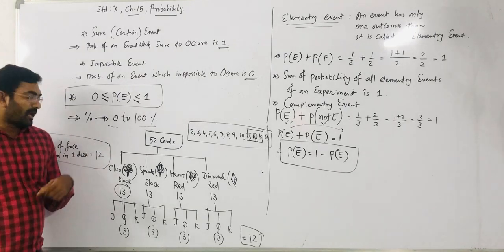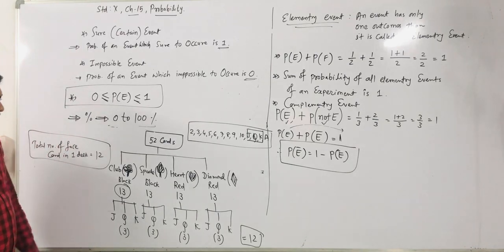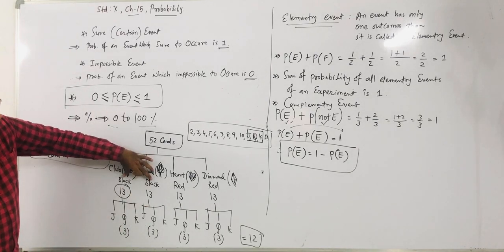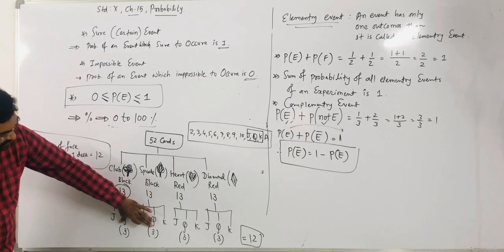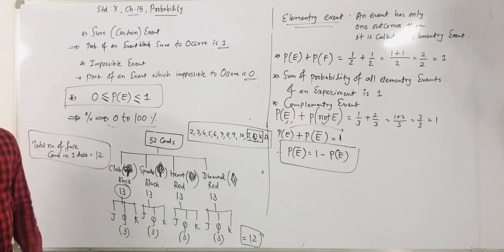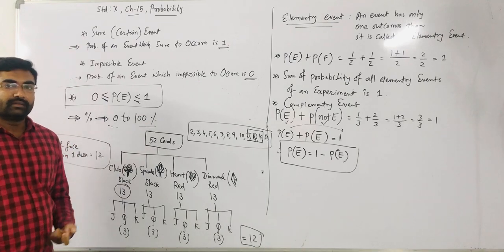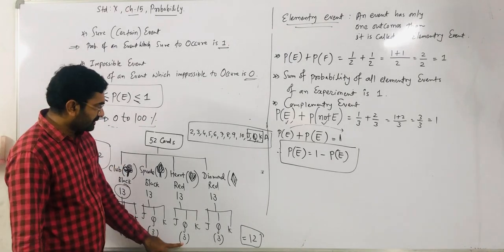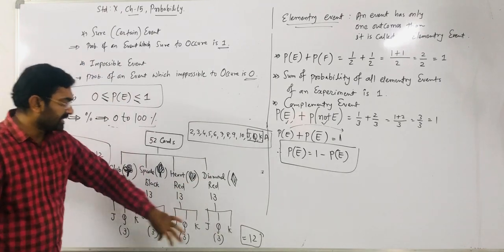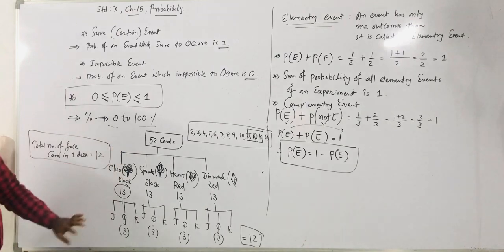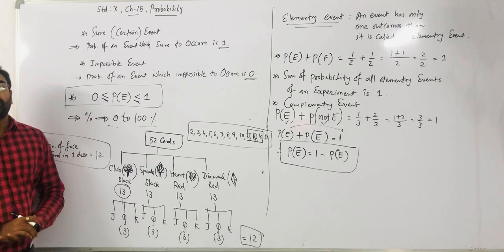Another thing. Suppose I want to ask how many black face cards are in one deck. You have to include the 2 black types, club and spade, right? So we consider their face cards: 3 plus 3 we get 6. If I say we want red face cards, how many red face cards are there in one deck? Red is 2 types, heart and diamond. So 3 plus 3, we get 6 red face cards. Okay. So you also have to remember card-related terms. Right? So now we have to solve our exercise.